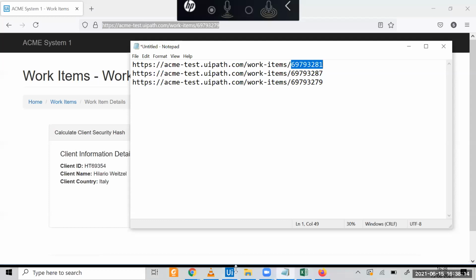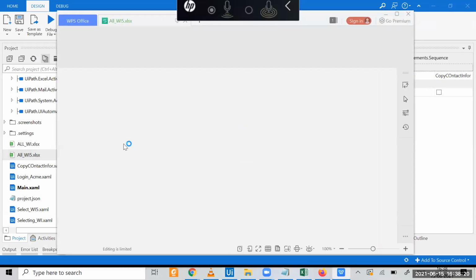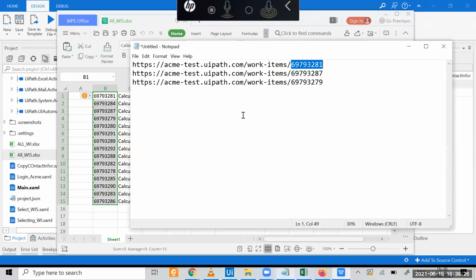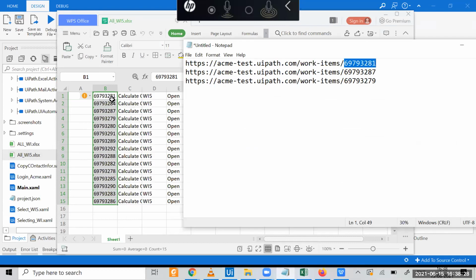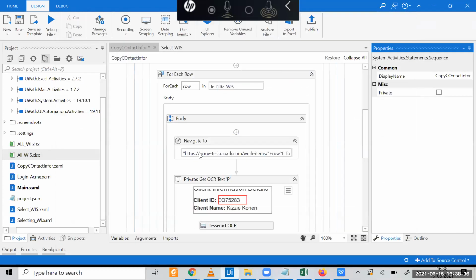Okay. Which is nothing but already stored here in this Excel file, or in this data table, correct? Right? So if you see, all these have been stored here, correct? So we can do an interesting thing.